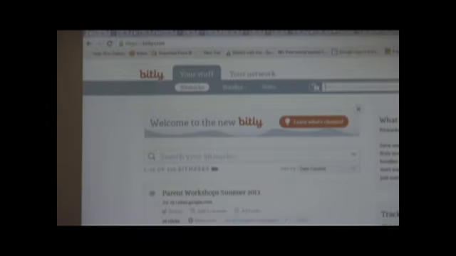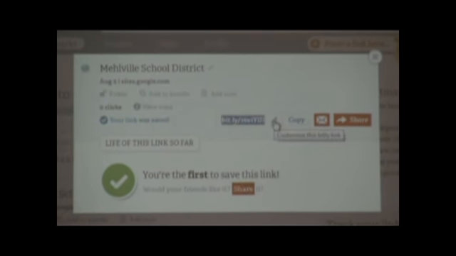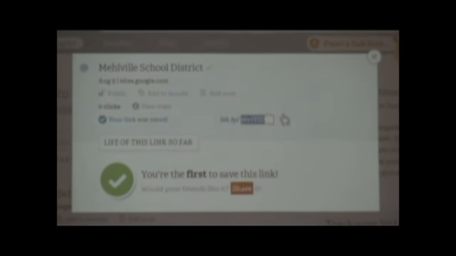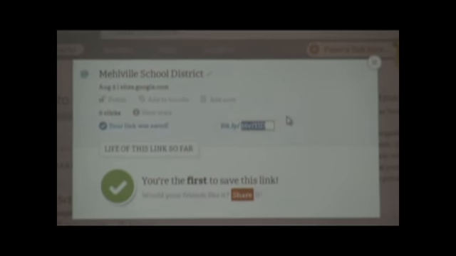I then paste the link here. And this is why I say you got to get an account. Because when you get an account, you can then customize it. So I click on the pencil here, and now I want to say